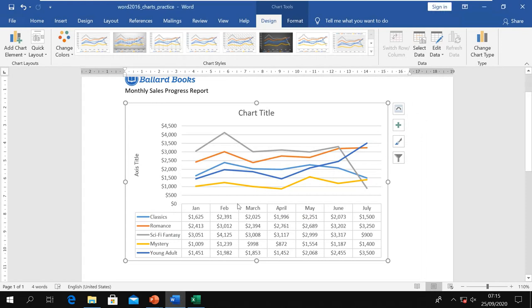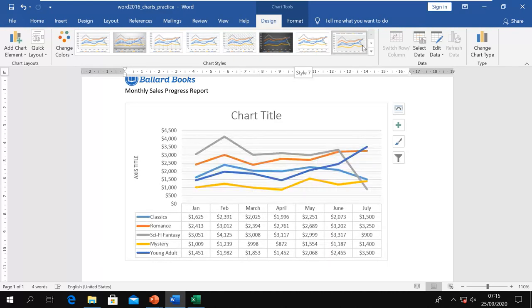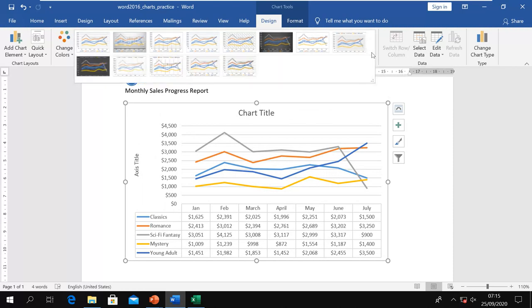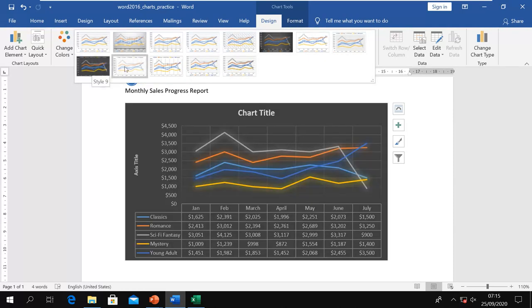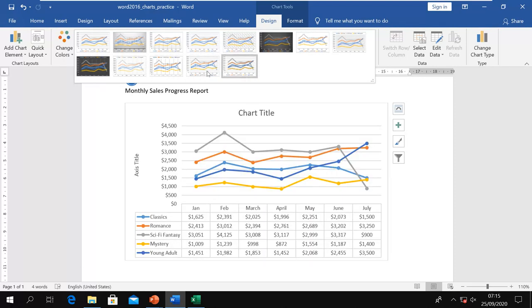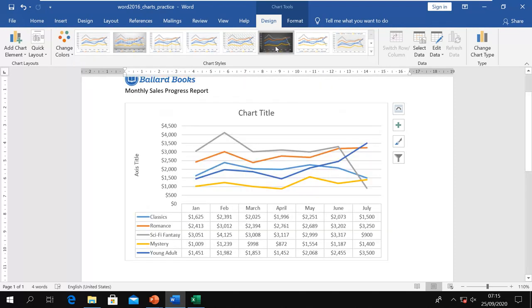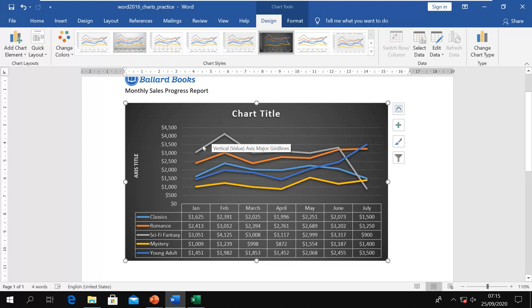I have different charts, my chart is not looking good, so I select the chart and I go to the design tab, and here I have chart styles, and from there I have these different styles. You see when I hover my mouse there, it changes. I can see the preview, and when I feel like this is good for me, I like it. If I don't like it, then I go for more, and then I can choose from that. And then when you feel like okay, this is the one I want, I click on that, and now you see that is the one I have.